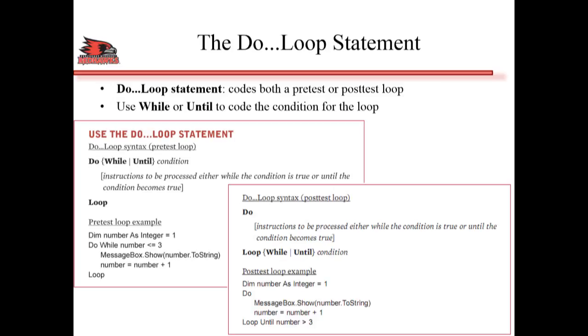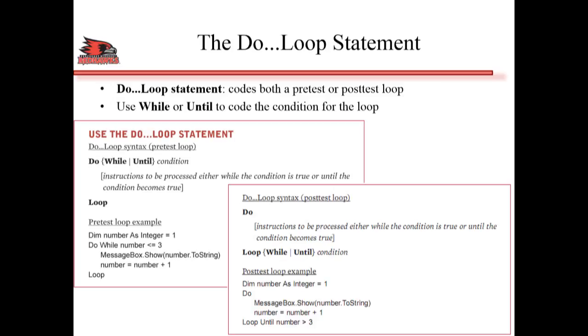So the one on the right is the post-test loop, where the condition is evaluated at the end of the code. The one on the left is the pre-test loop, where we first evaluate the condition, and if the condition is actually met, only then do we go on processing the information. So let's look at the pre-test loop first, where we evaluate the condition